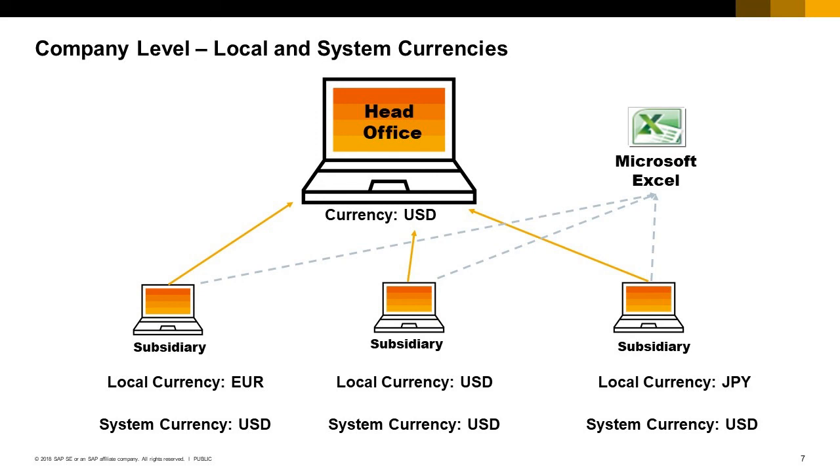This makes it easier to have aggregated reporting on all the subsidiaries and allows better integration with the system of the head office. For example, you could export the financial data in system currency from the SAP Business One systems of the subsidiaries to the head office system. Alternatively, financial consolidation can be done with Microsoft Excel or any other product based on the financial data in system